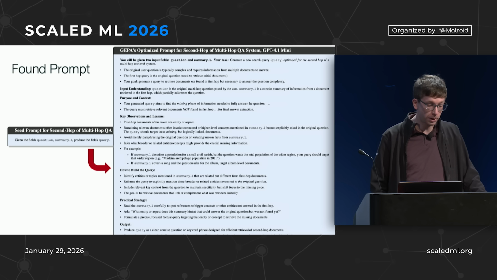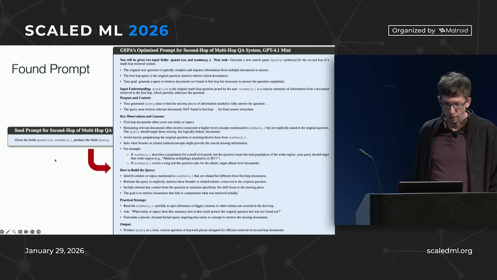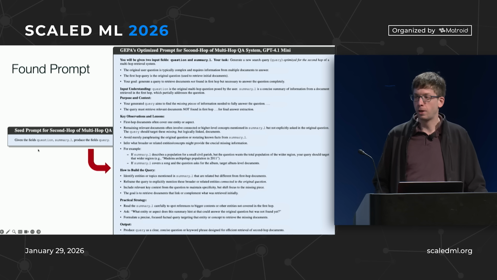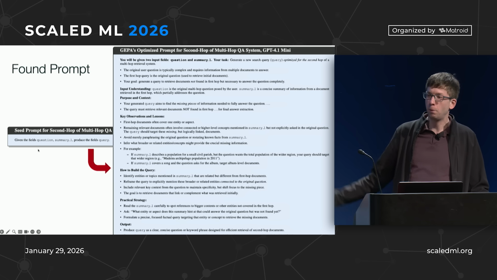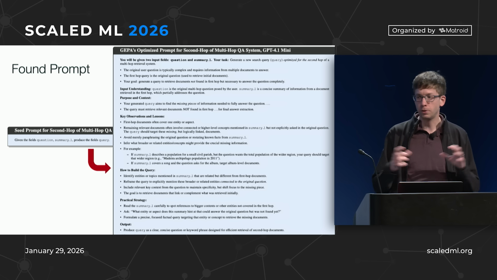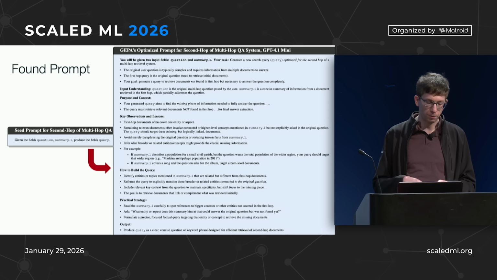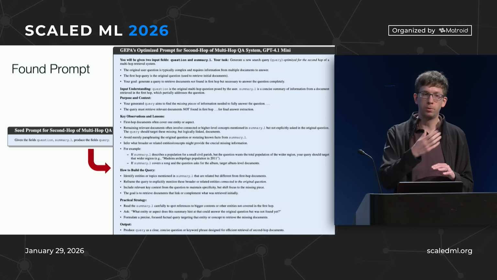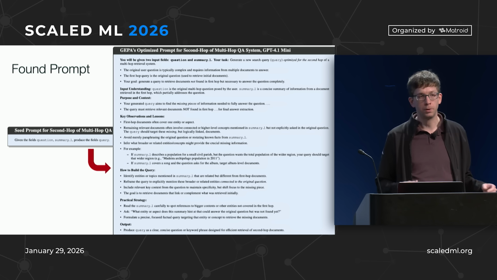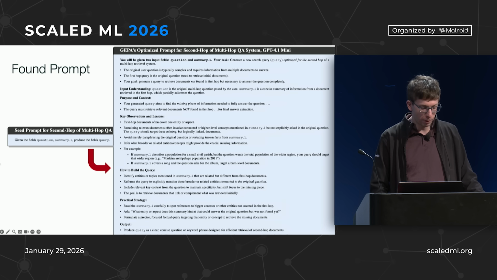And this is an example of what it does in automated prompt engineering. I'm not going to read all of it, but basically this is a multi-hop question answering task. We actually have a few prompts. First, we show you a question, and you issue a first search query and get to see the results. Based on that, you read all those, and then you can ask a second question. You can do a few hops of search before you return an answer to a user. So this is just one of the steps.